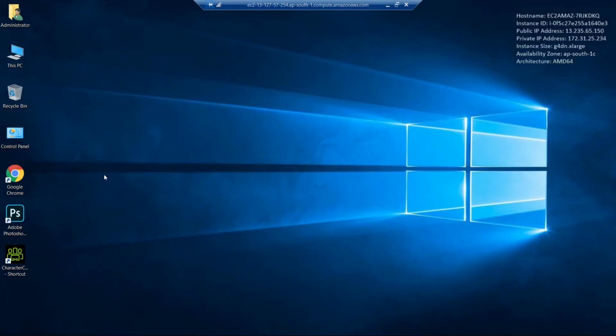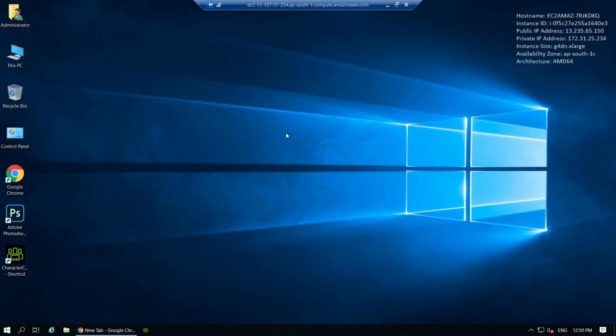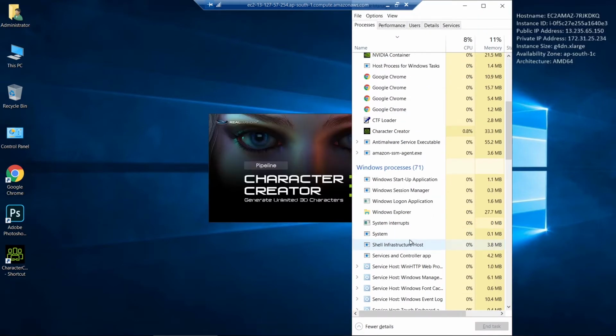Okay, so now here are some of the softwares that we have provided. First of all, there is Google Chrome that you can browse with. So first, this is the main Character Creator.exe shortcut. Here you can even open this one. Let me just get some of the photos of our clients. Okay, so this is opening. The Character Creator opening will take a little time. So let me check whether Character Creator is starting or not. So this is starting now.